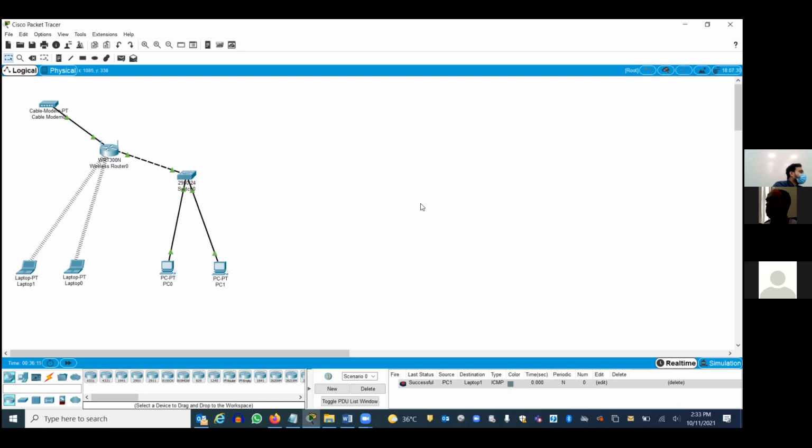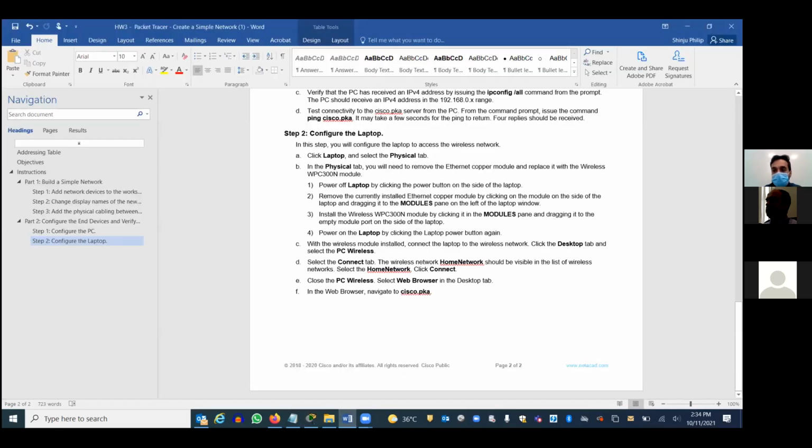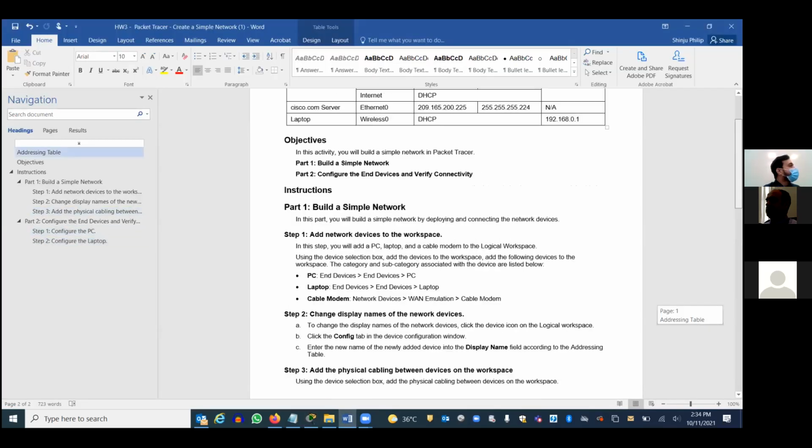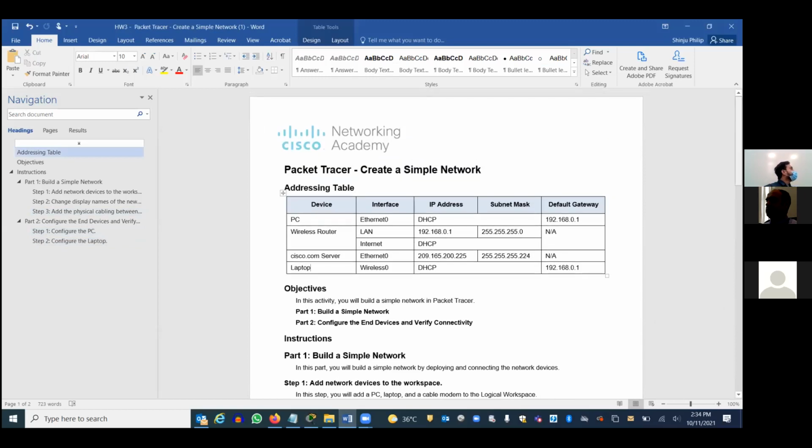DHCP, right? DHCP means you automatically get an IP address the moment you connect. Static you can assign manually. Correct? So in your lab it is not there actually. For your better understanding, because this is the basic lab, I need all of you to understand what is static and dynamic DHCP. Okay? Correct? So let's build the same network again.